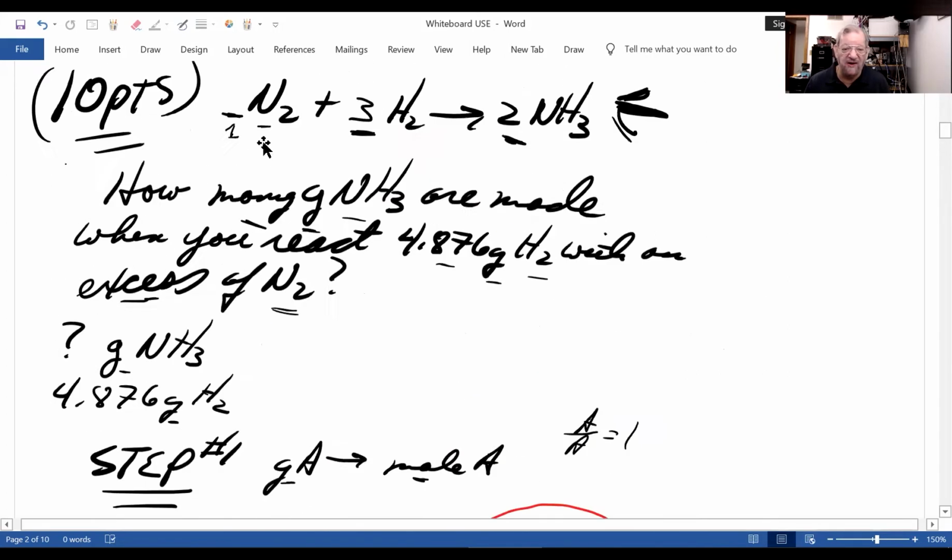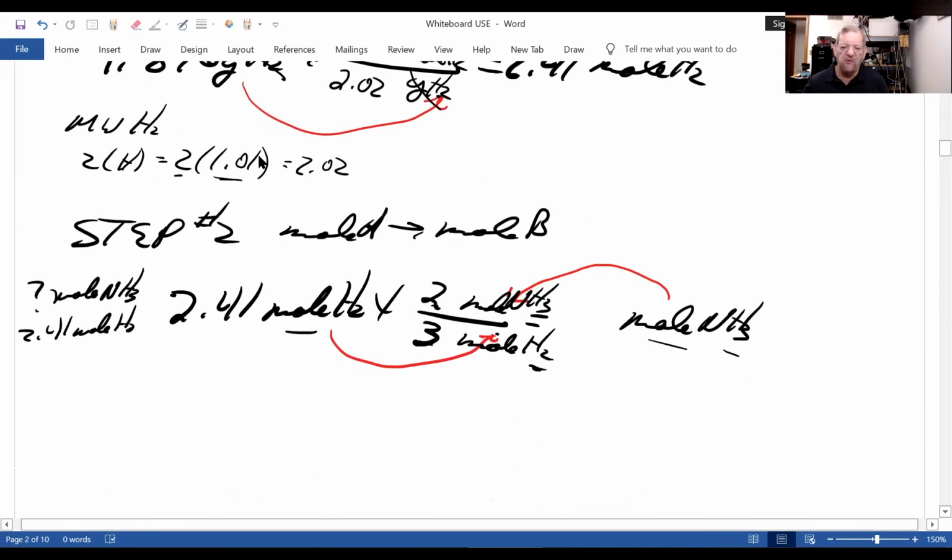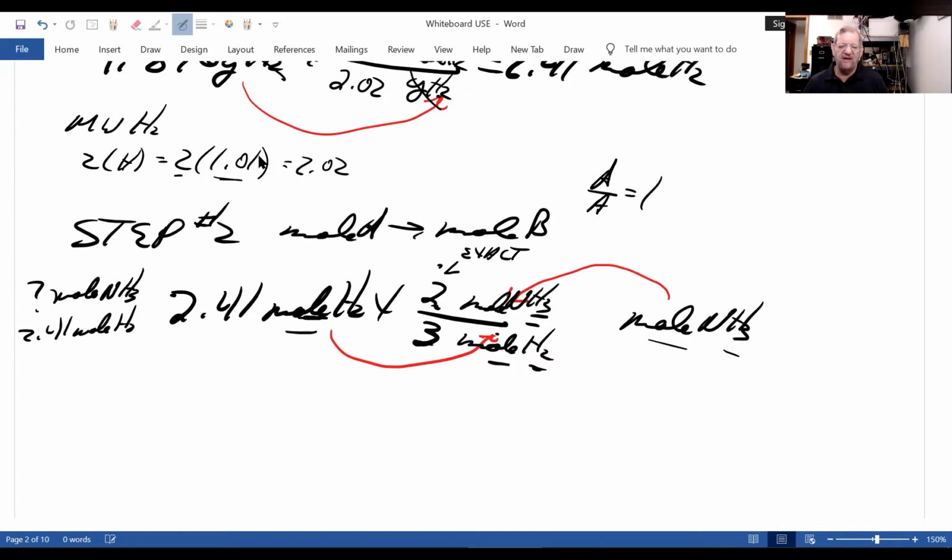Let's see if I did that right. I did. And that's where you get those numbers. Remember, these are exact numbers. And therefore, I can now go, no, I'm not going to go yet. I'm going to check, do my units cancel out? Notice I have moles of hydrogen divided by moles of hydrogen. Anything divided by itself equals the number 1. This cancels out. I'm left with moles of ammonia, which is what I want.